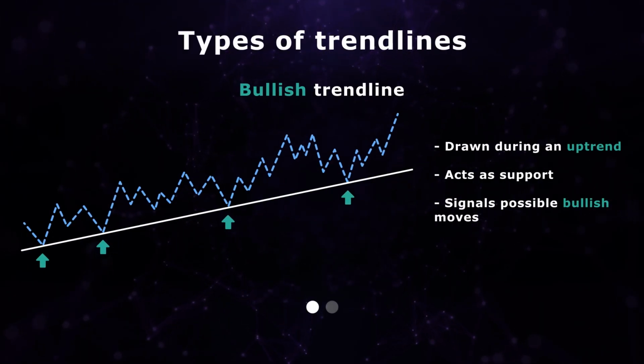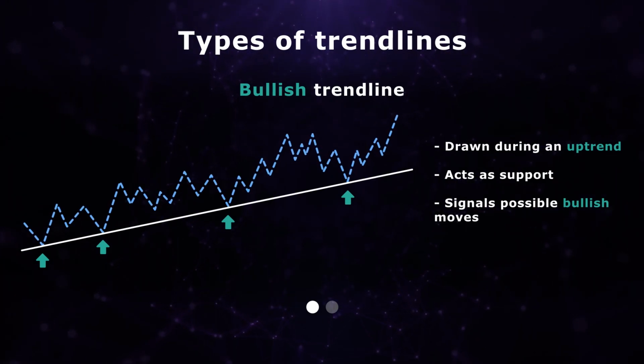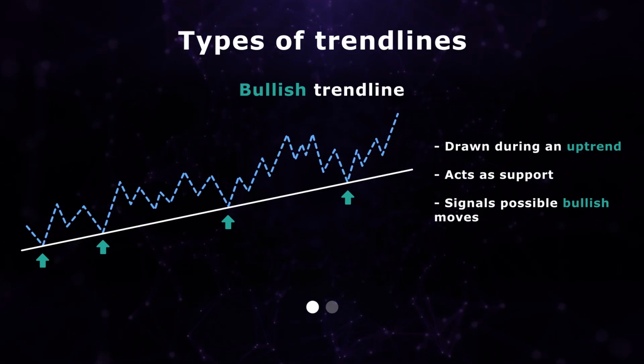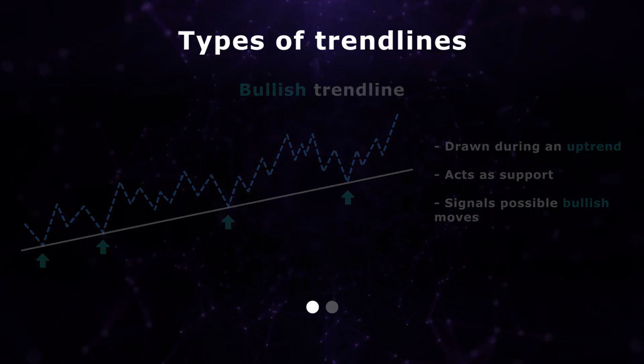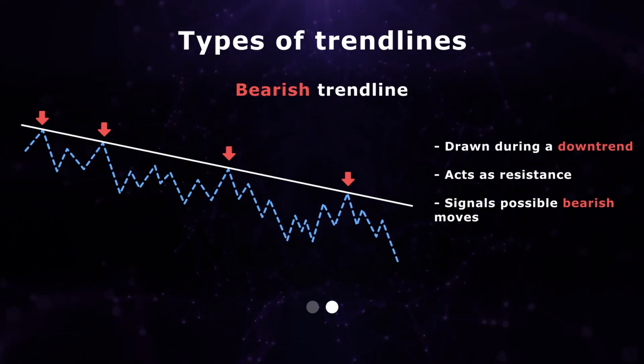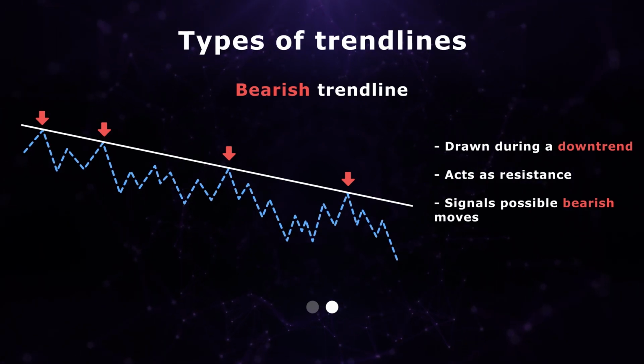There are 2 types of trend lines. The one that is drawn in an uptrend and acts as a support level. This trend line is called a bullish trend line or an ascending trend line, and it will always be placed at the bottom of the candles. The other type of trend line is when it is drawn in a downtrend and acts as a resistance level. This is called a bearish trend line or a descending trend line, and it will always be placed at the